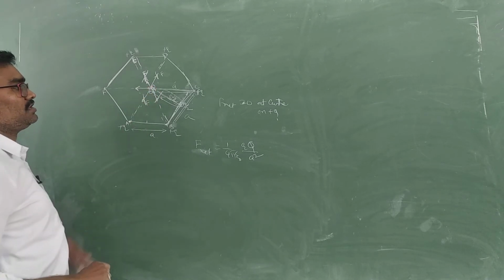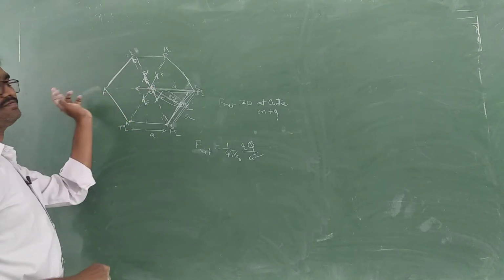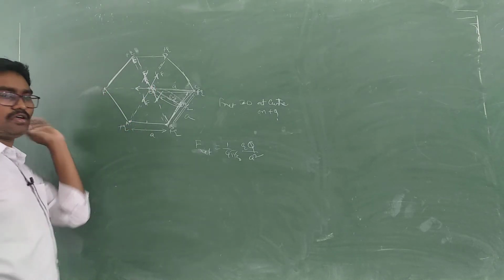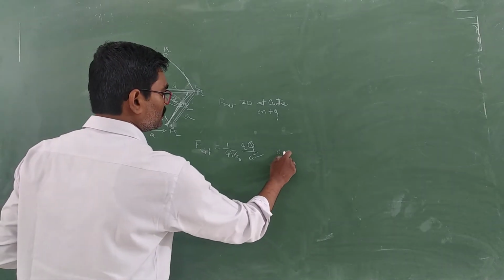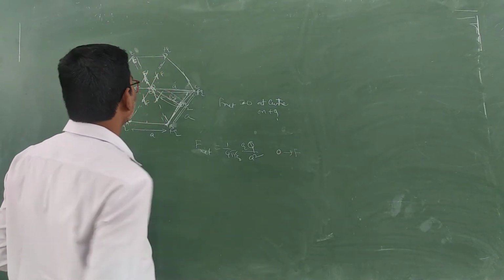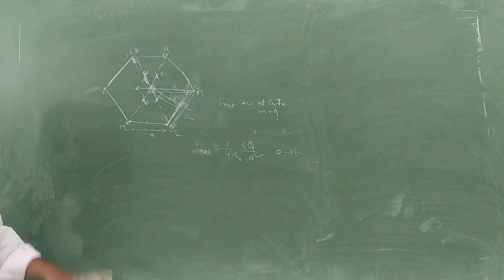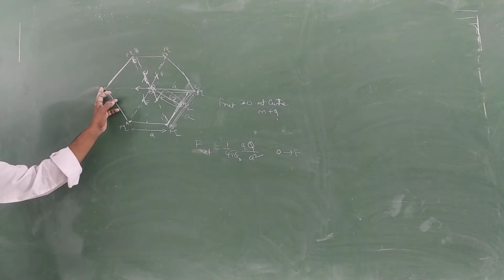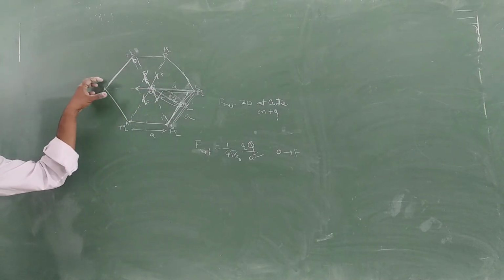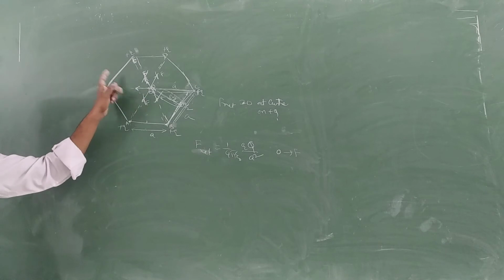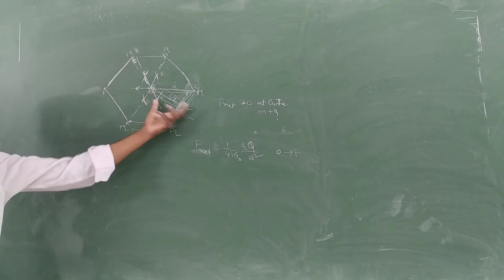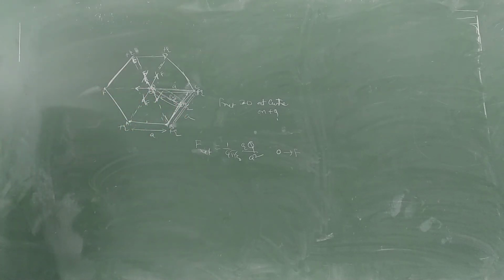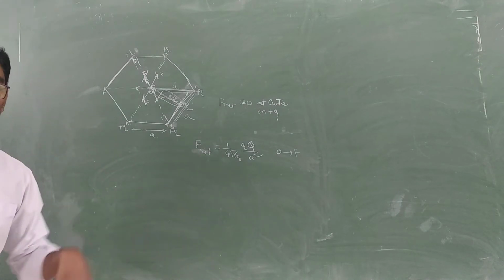C, O. That is going away. O to F. That is the net force action. Clear? Okay. So if here also the same charge is placed, net force is 0. But anyway, one charge is removed. The balancing force is not there, so only one force will give you the direction of the resultant. Okay?